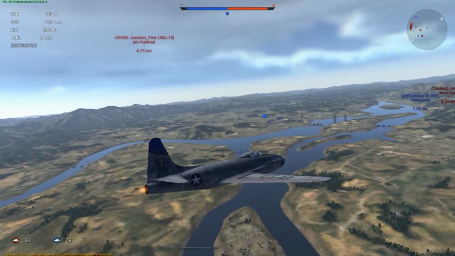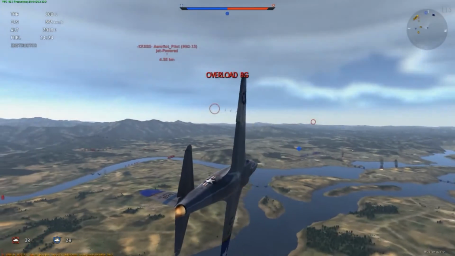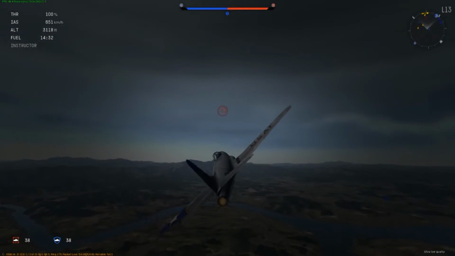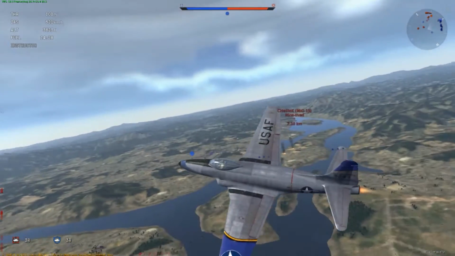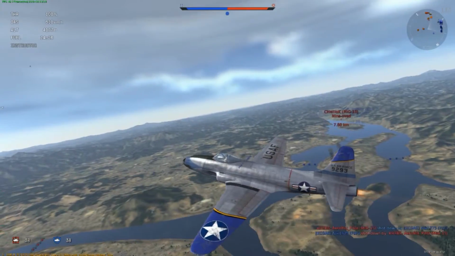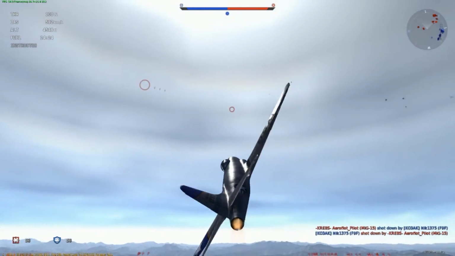Just checking around, another MiG-15 up high. He's going to engage our Panther. I'm again going to bring it around and try and give him some cover. And this just blew me away. The MiG-15 doesn't even pull the trigger, just goes straight in full throttle and rams the Panther